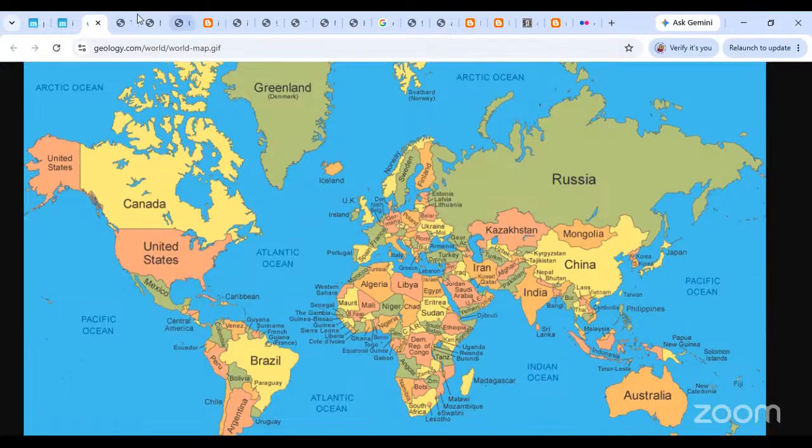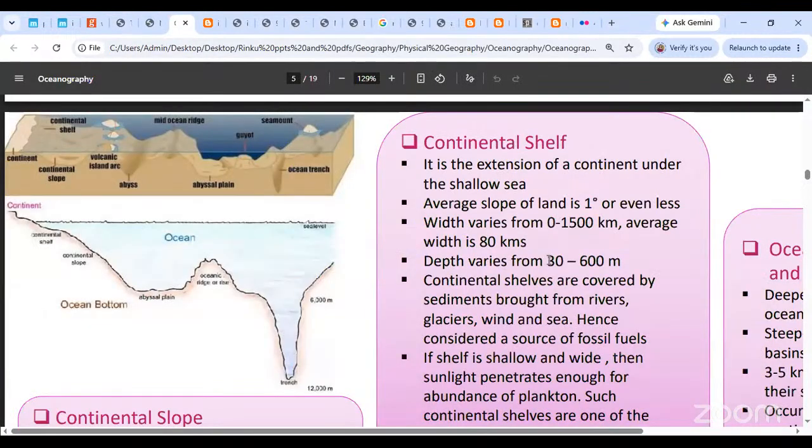डेप्थ कितना होता है उसका? इट कैन बी एनीवेयर बिटवीन 30 to 600 मीटर्स. सो 6 किलोमीटर से नीचे नहीं, लेकिन यूजुअली 100 to 600 मीटर्स तक का मैक्सिमम डेप्थ होता है. That is what we are going. Okay, so we are saying कि average width कुछ 80 kilometers होगा and depth is somewhere around 30 to 600 meters. Okay, so we are saying कि generally ये जो continental shelves होते हैं, they are covered by, अभी clearly